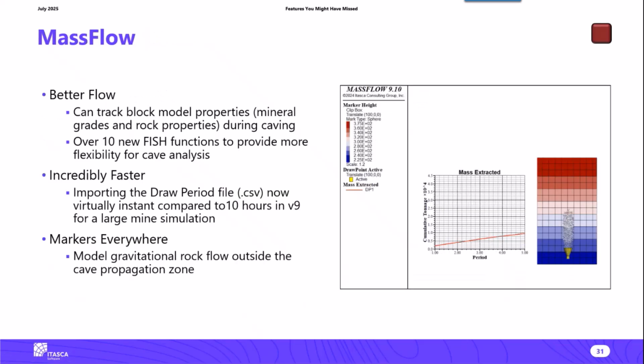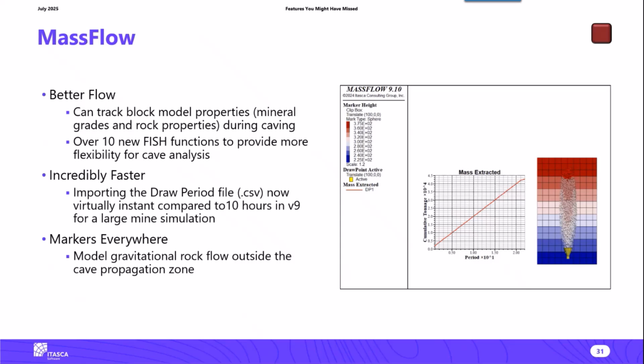So we've also made some improvements to one of our other software codes called MassFlow, which is a gravity flow simulator primarily used in cave mining. What we see here on the right in the video is a single draw point where material is being pulled, is being mined, and then we can see essentially the way that the rock is bulking, is moving and flowing towards that draw point. And this sort of ellipsoid shape is very typical. Of course, for an actual mine